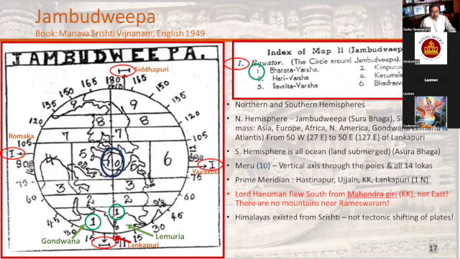Lemuria is also a landmass between India and, let's say, Thailand and Malaysia. So there was a single landmass, which meant that you could actually walk from India to almost Papua New Guinea, almost to the northern portion of Australia. So migration in those days was easy because it was a single landmass. There were no water bodies to cross, no rivers, no oceans, no seas. So that is what Jambudvipa was in very old times. So let's move on from here.